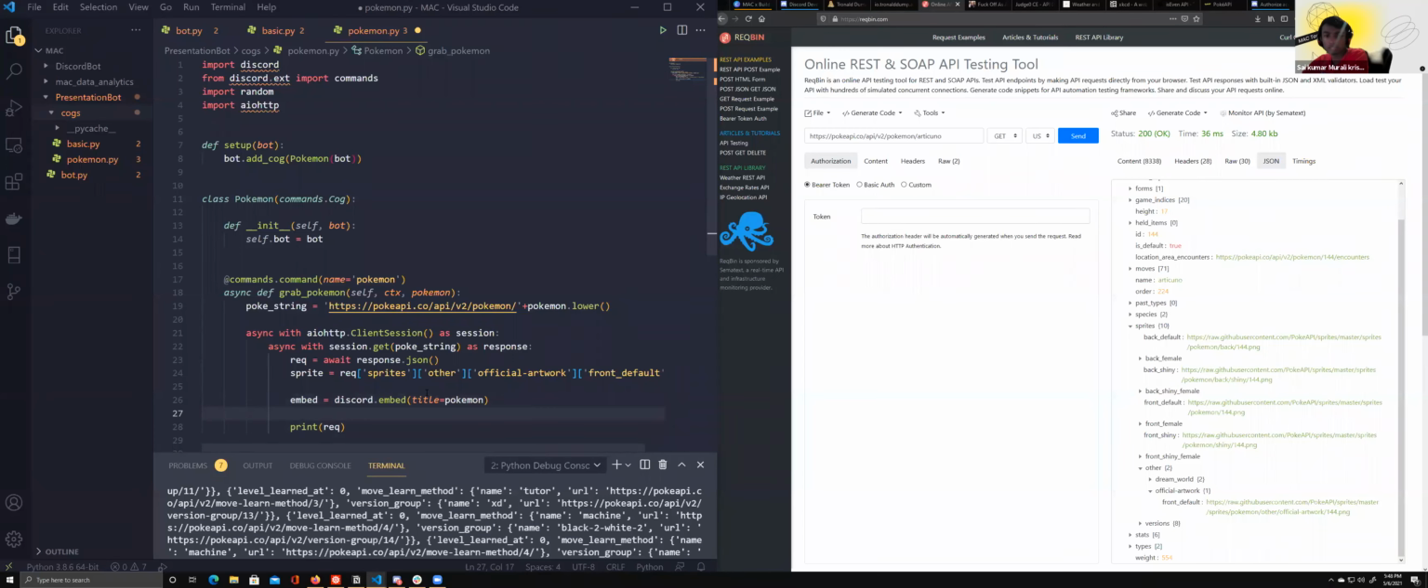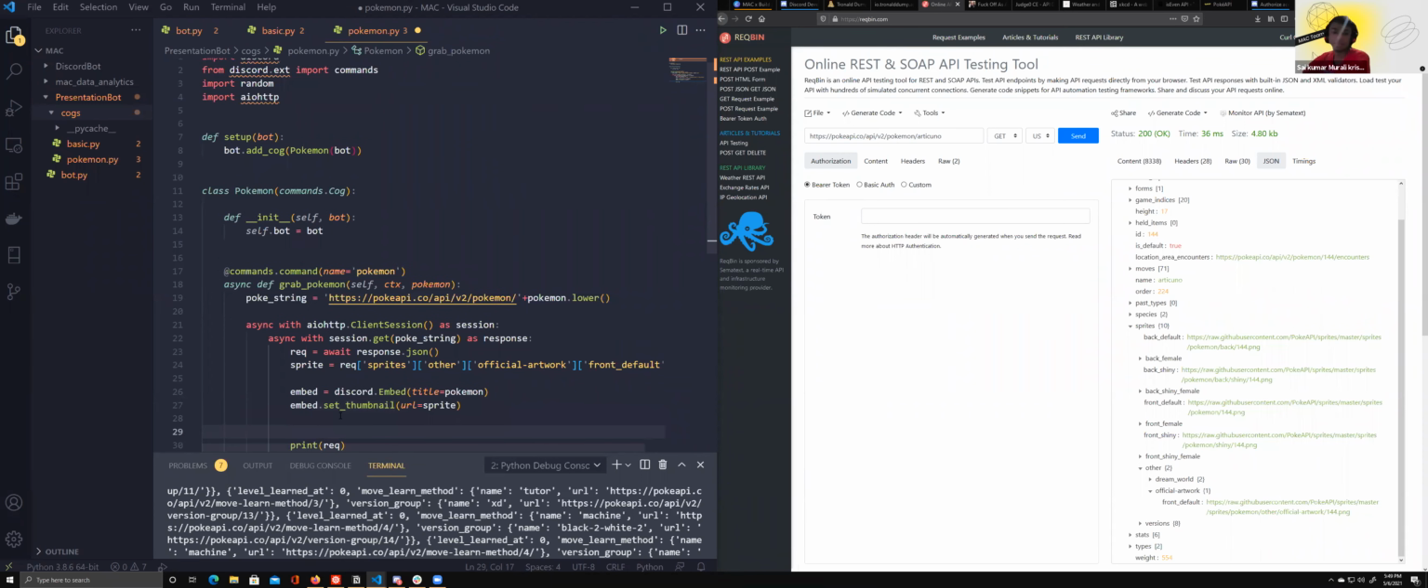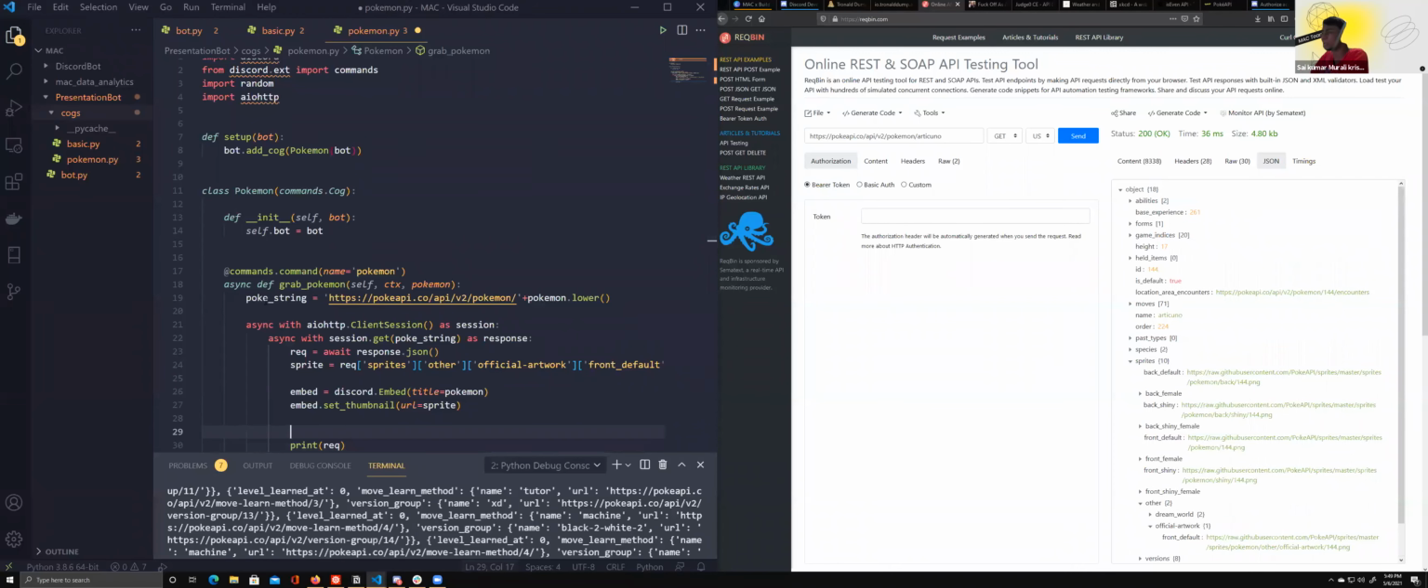So what I do here is embed. That should be capitalized, I don't know why it's doing that. embed.set_thumbnail, and I set the URL to be the sprite I got before. Okay, and I can add in other stuff, so I can add in the abilities, but let's just see that it's working. So I want to do an await